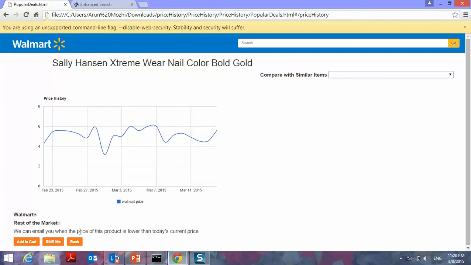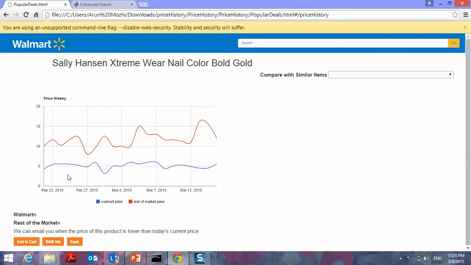Walmart's price today, March 8th, is 4.4. Starting today onwards, I might not get a better deal. 4.5, so 4.4 is the best. Let's see the rest of the market. Starting from today, it is definitely more. So I can safely buy it with Walmart.